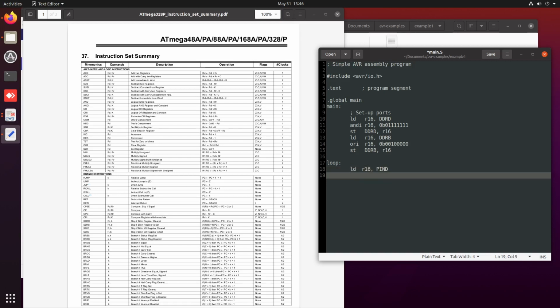Because we want to check one of the bits, we are going to do an AND with an immediate value on R16. So we are doing an AND operation with the bit we want to check. It will be something like this, with 0b1